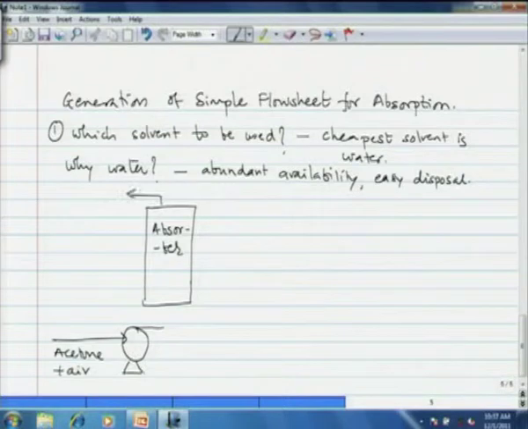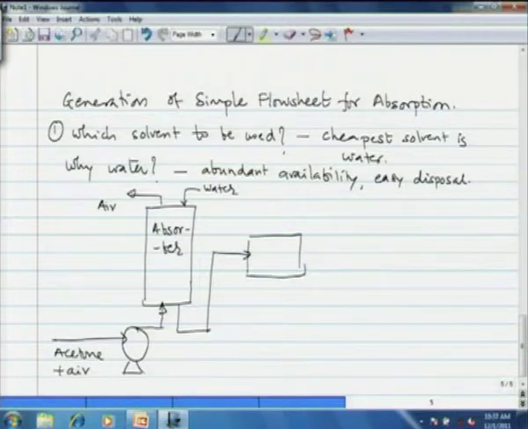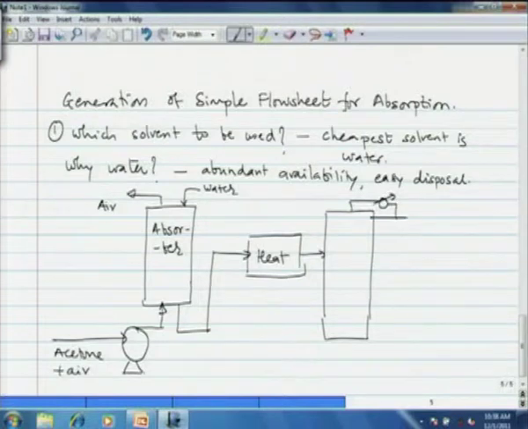Air exits the absorber, okay. Water is used as the solvent, and then the stream containing water and acetone is heated, and then fed to a distillation column in which pure acetone is recovered